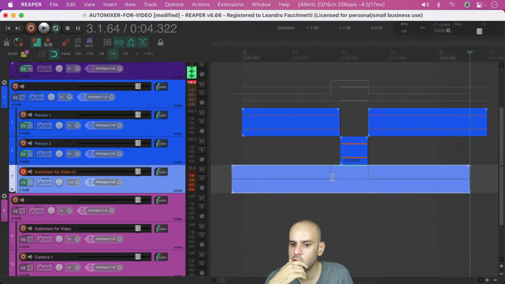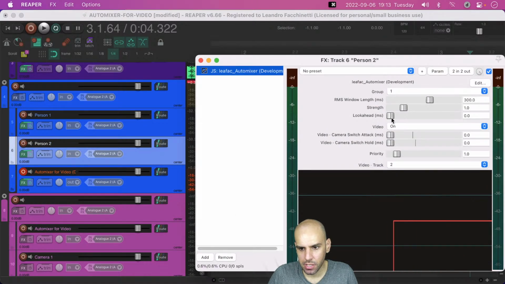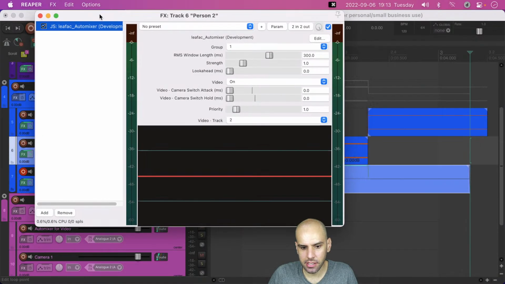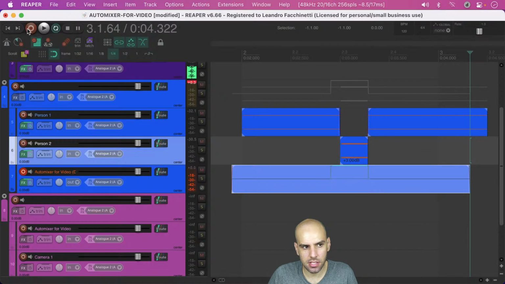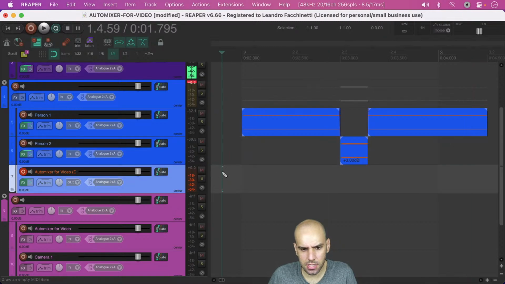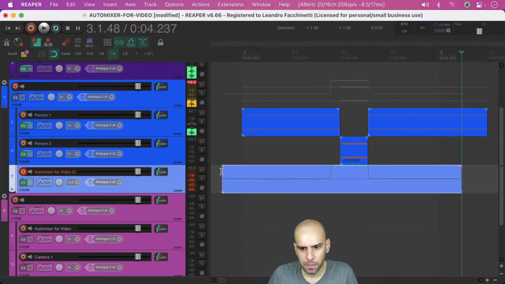Yeah. And the weird thing is happening here where we are predicting the future. We don't have any look ahead. No look ahead, no latency, no samples of latency. And yet somehow we are able to predict the future. It's so odd to me that this happens. I have no idea why. And it is consistent too, see? Anyway, at least this transition is making sense. When there is this transition, it is immediately cutting to the other person.